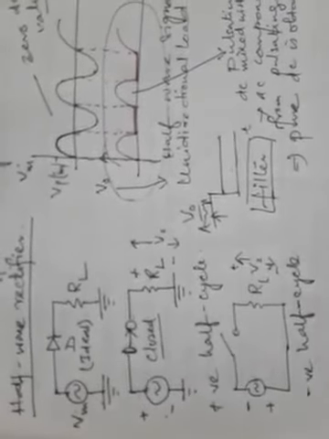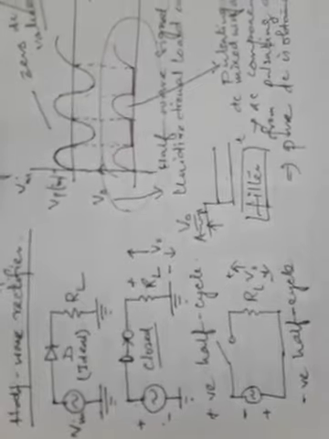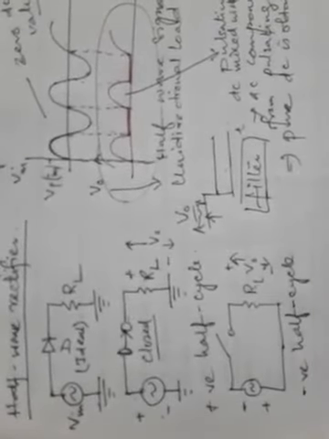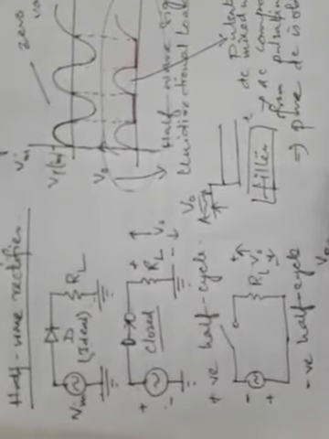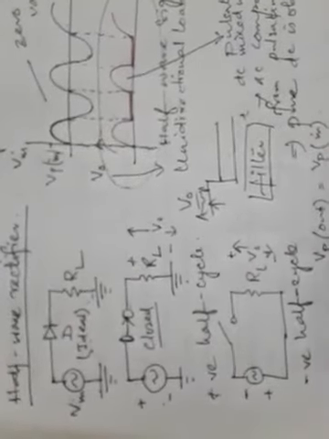If we use an ideal diode to analyze a half wave rectifier, the troubleshooting gets easier. In this case, for an ideal half wave rectifier, since we have considered this diode as ideal, the peak voltage at the output, Vp out, should be the peak voltage of the input, that is Vp in. That means no loss from the input AC signal along the path while reaching the output across the RL. This is happening because of the ideal nature of the diode.